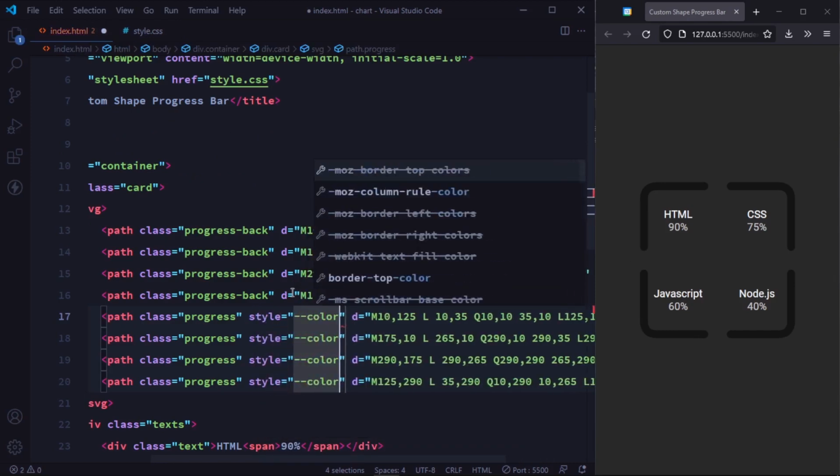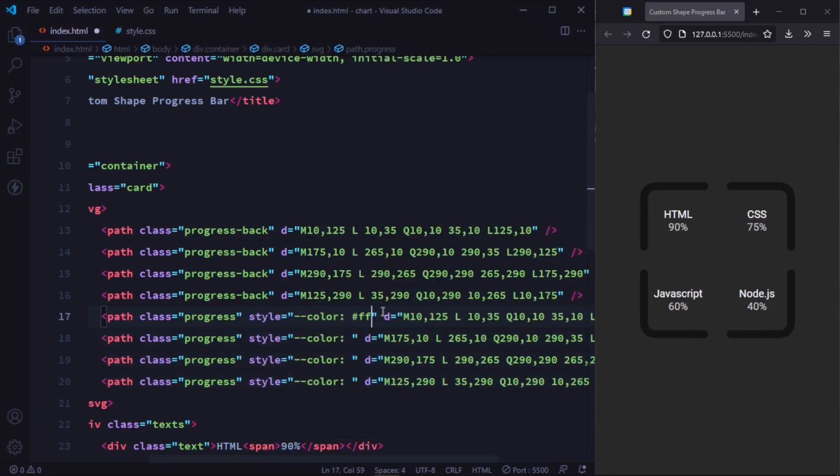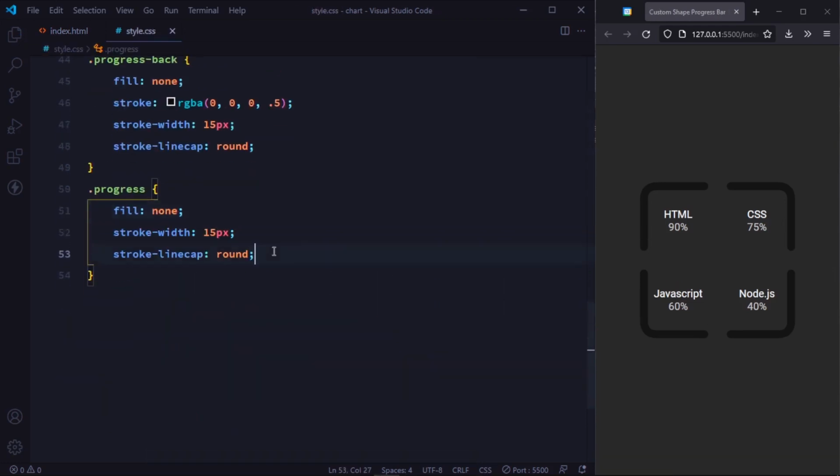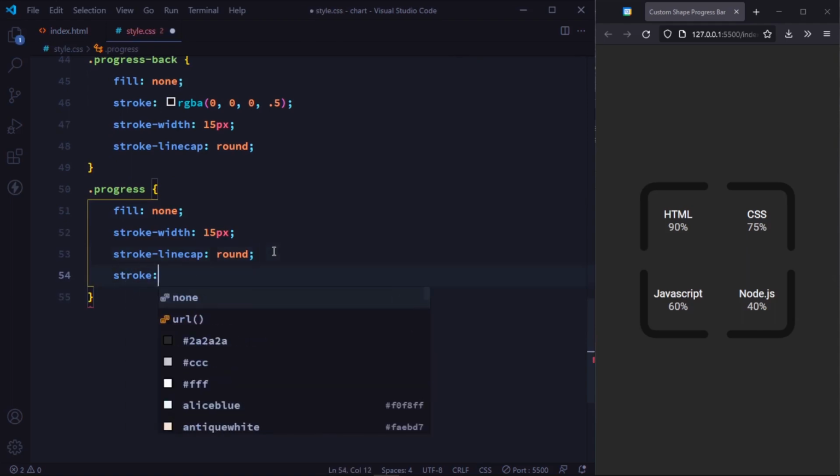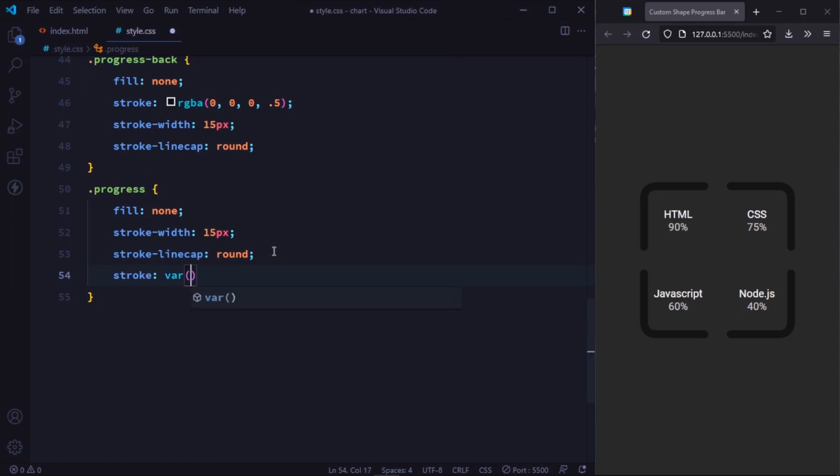I set the color of each one: red for HTML, blue for CSS, green for Node.js. Okay. Just set the stroke property, stroke color, to the var function, --color.